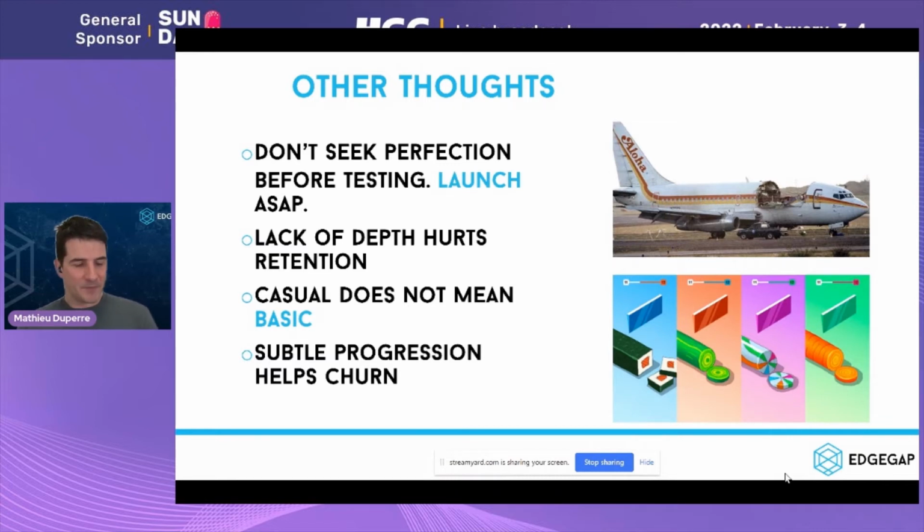About your game, if you're looking for retention, which we all are, a little level of deepness definitely doesn't hurt, right? If the game is too simple and very, very repetitive and you never scratch the surface, you're going to have a pretty high churn, and the people playing your game won't play the game for a long time. That's why some subtle progression will help your retention and reduce churn.